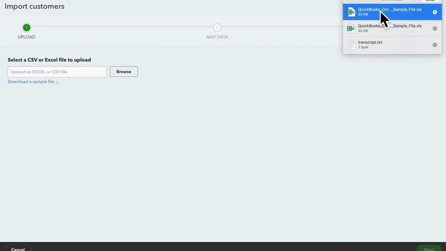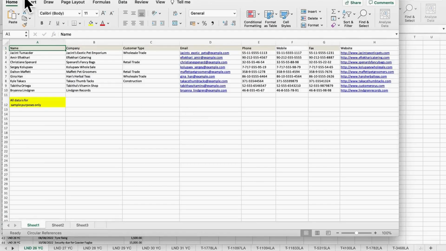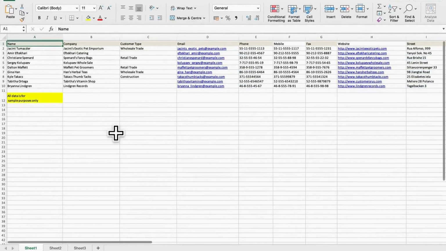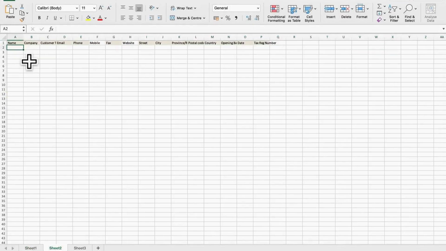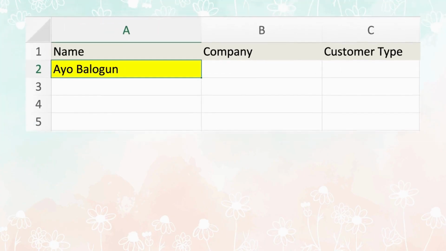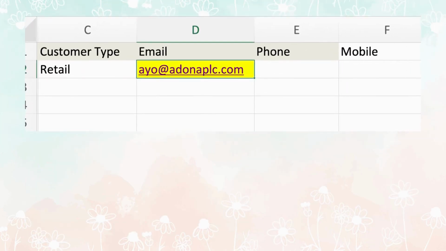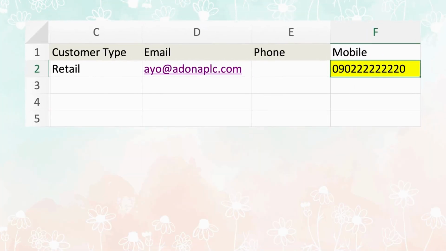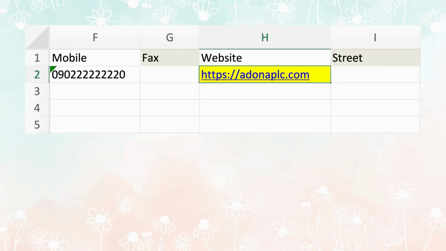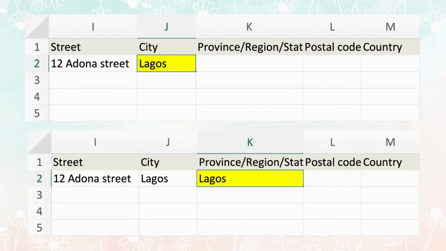Open the Excel template and delete the sample data on the sheet, leaving just the first row, the row with the header. Enter the details for all the customers you are looking to import into QuickBooks on the Excel sheet. Enter the customer's name, the company name, the customer's email address, phone number, mobile number, fax, website, street, city, state,